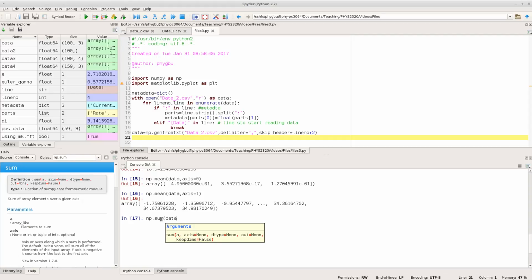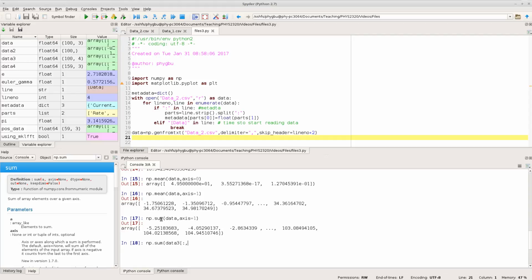That's the numpy sum function. Axis equals 1 gives us a sum going along the rows. Again, of course, that's maybe not such a useful thing, but if we looked at data 3, where we've got a row number, an x column, and then the 2 y columns, you might want to do something like